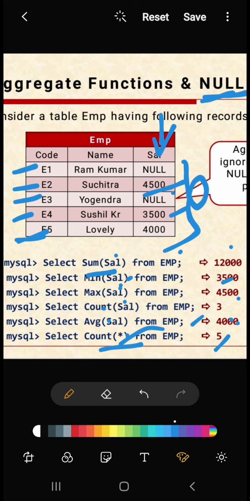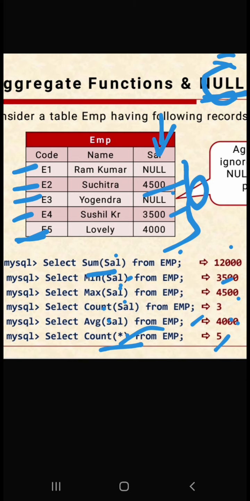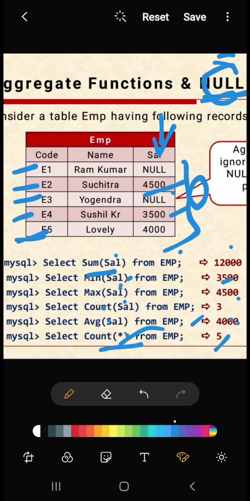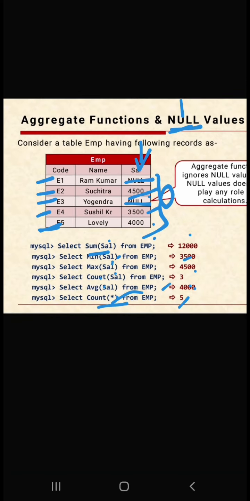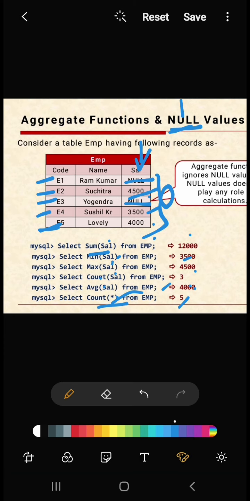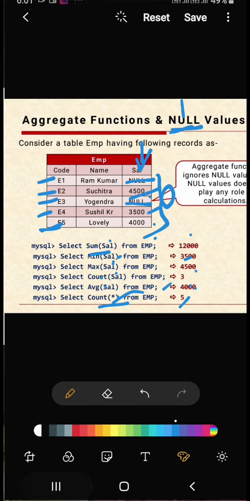All the aggregate functions work this way. We are mentioning the nulls in the salary. See, here you have a null, here you have a null, but count star is counting the null values also. We'll check it out with other examples whenever we are doing the practicals: what count and count star do, and how these aggregate functions work whenever you are grouping the values. We'll see with the example, students, right? So we'll go with that concept.